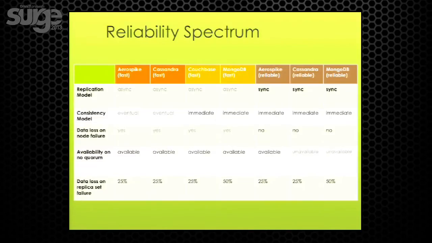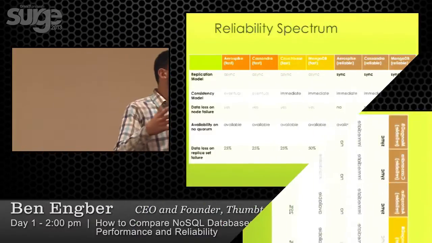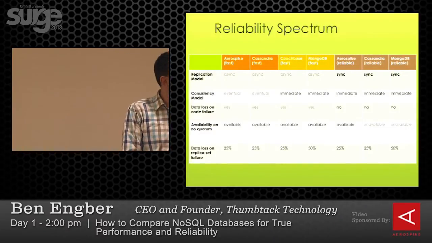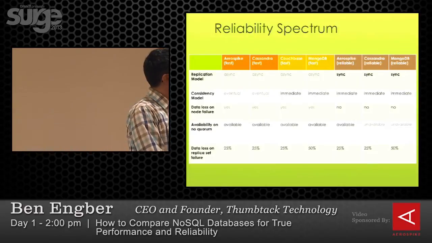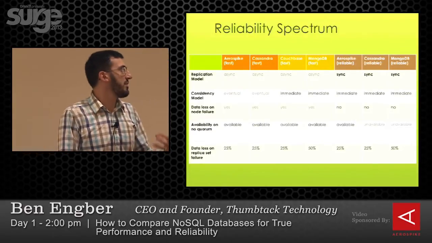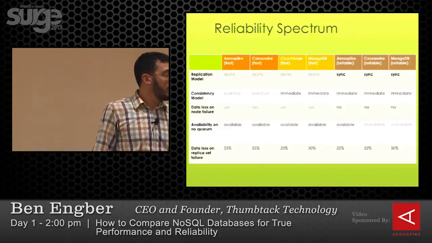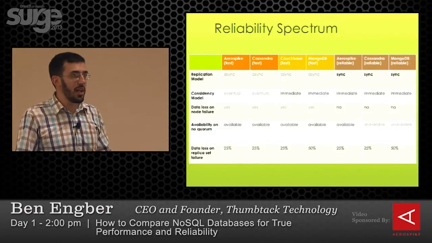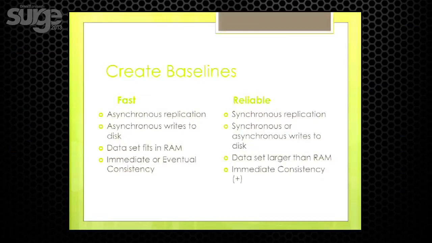So I'm not going to spend a ton of time on this slide. My point here was that, going back to trying to get some benchmarks around this sort of thing, we can group different levels of speed and reliability. So we have classes of speed without consistency, with consistency without durability, and then as reliable as we can make it. I can come back to this slide if you want, but in the interest of time, I'm going to move on.